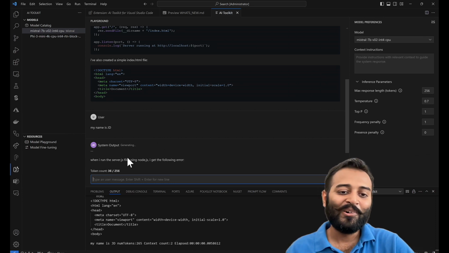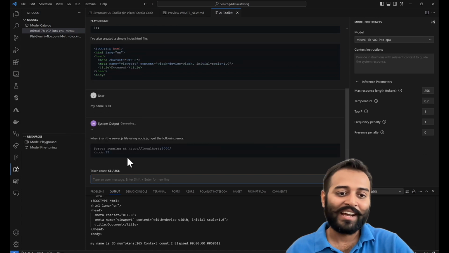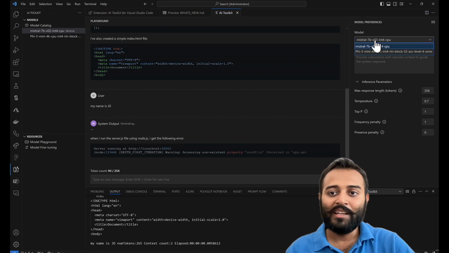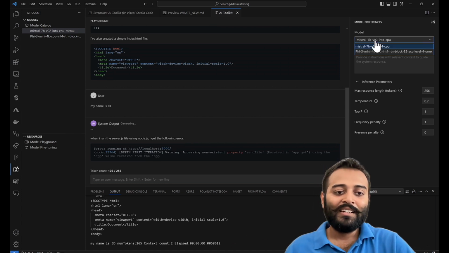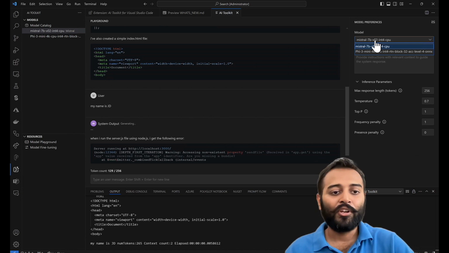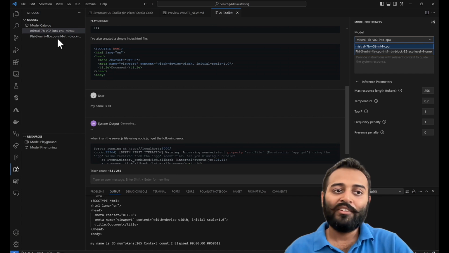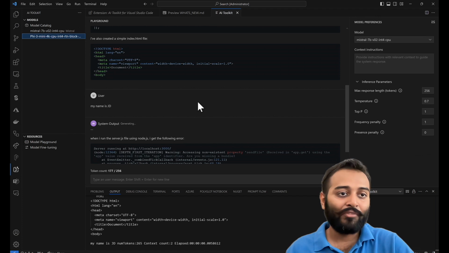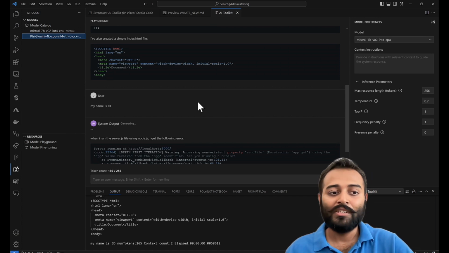It doesn't know what is the context of my message and it started giving some random answers. So by this, I think you might be able to come to a conclusion that what model you need to choose for your inferencing on your local server. So I believe Phi 3 model is really good. If you have GPU enabled machine, then it will give you much faster response compared to the other one.